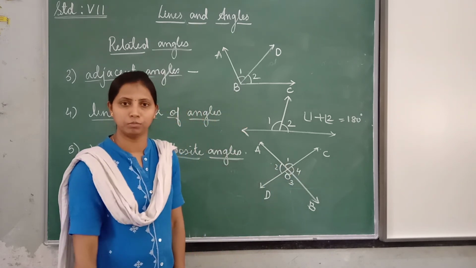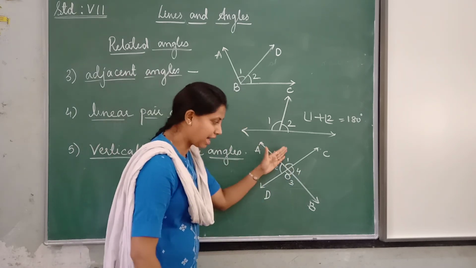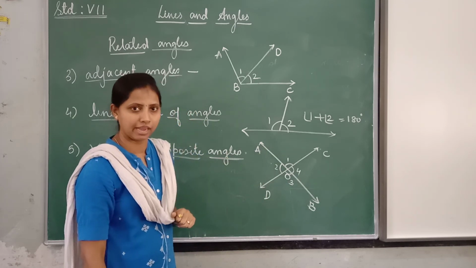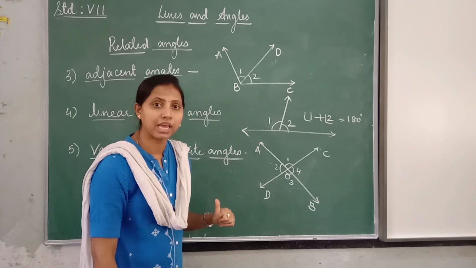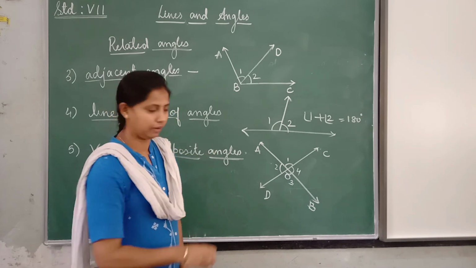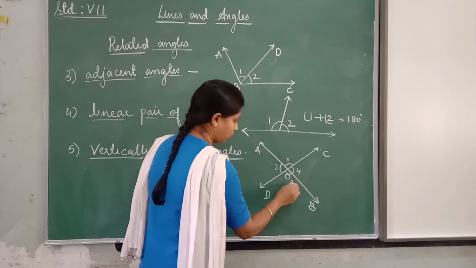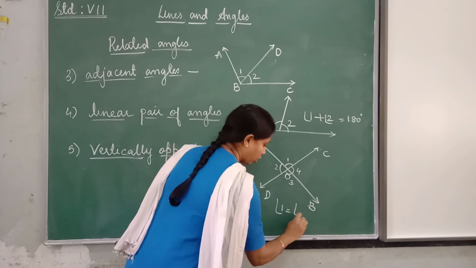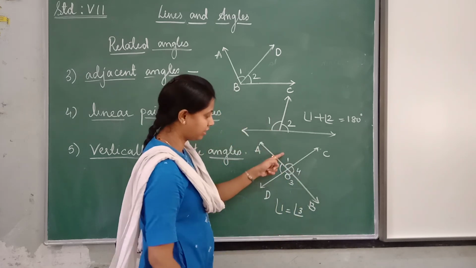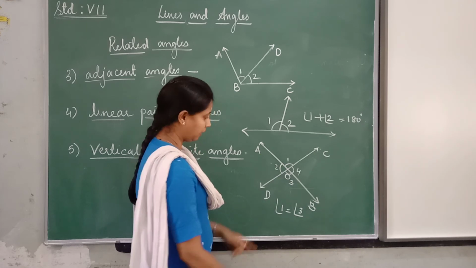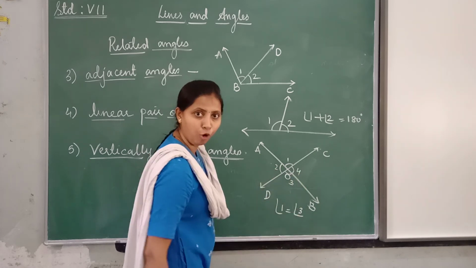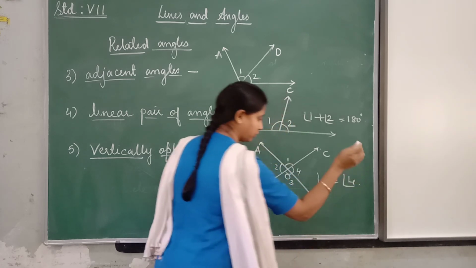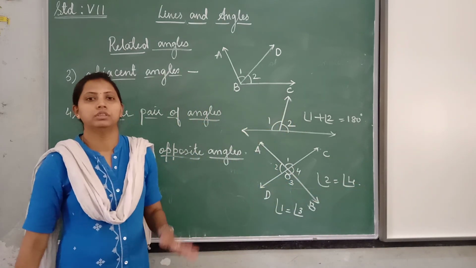Four angles are formed. The opposite angles in this are called vertically opposite angles, and vertically opposite angles are always equal. That property you must know. Angle 1 is opposite to angle 3, and they are equal. Angle 1 is equal to angle 3. Then angle 2 is opposite to angle 4, so angle 2 is equal to angle 4. So this was regarding the